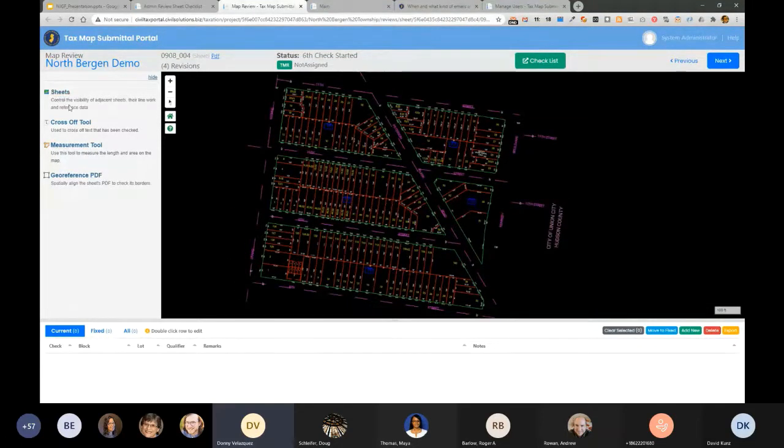On the left, you'll see there are tools. We have tools for sheets and a cross-off tool. The cross-off tool is to mimic the system they had, where they would go through and mark things off with markers. We wanted to give them a tool to reflect that. There's also a measurement tool, and the system can also georeference images, the PDF image. So if I start with sheets,